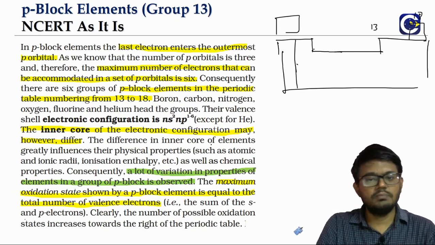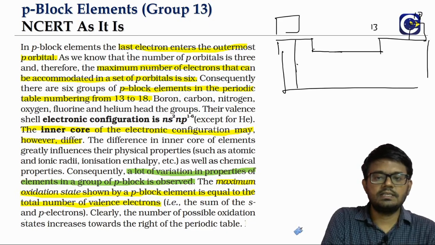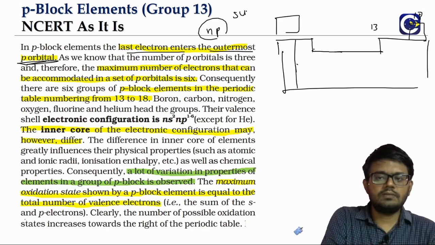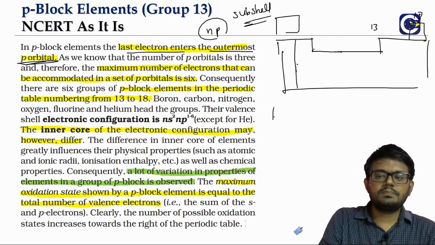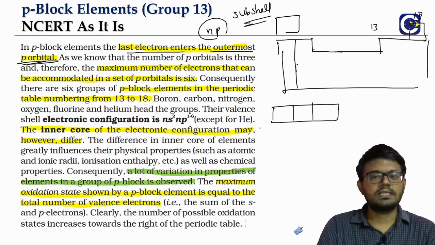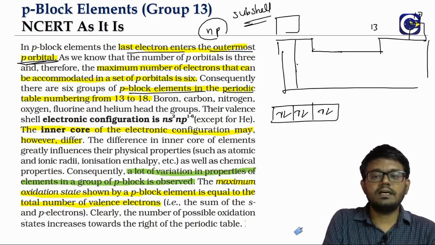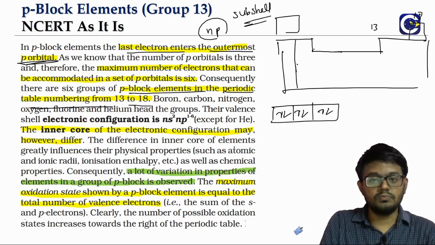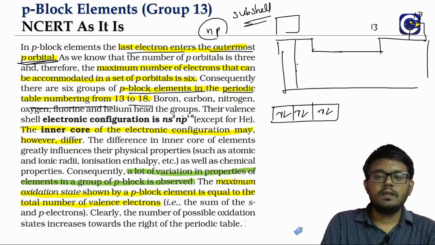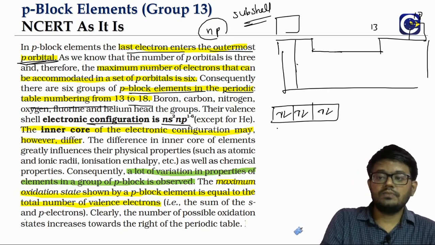We will call them P block elements because the last electron entering into these elements will be entering the outermost p orbital, meaning the last electron will be getting into the np subshell. The p subshell has 3 orbitals, each with a capacity of 2 electrons. So the maximum capacity will be 6 electrons. That is the reason why in the P block we have 6 groups, 13th through 18th. The outermost electronic configuration of these elements is ns2 np1 to 6.